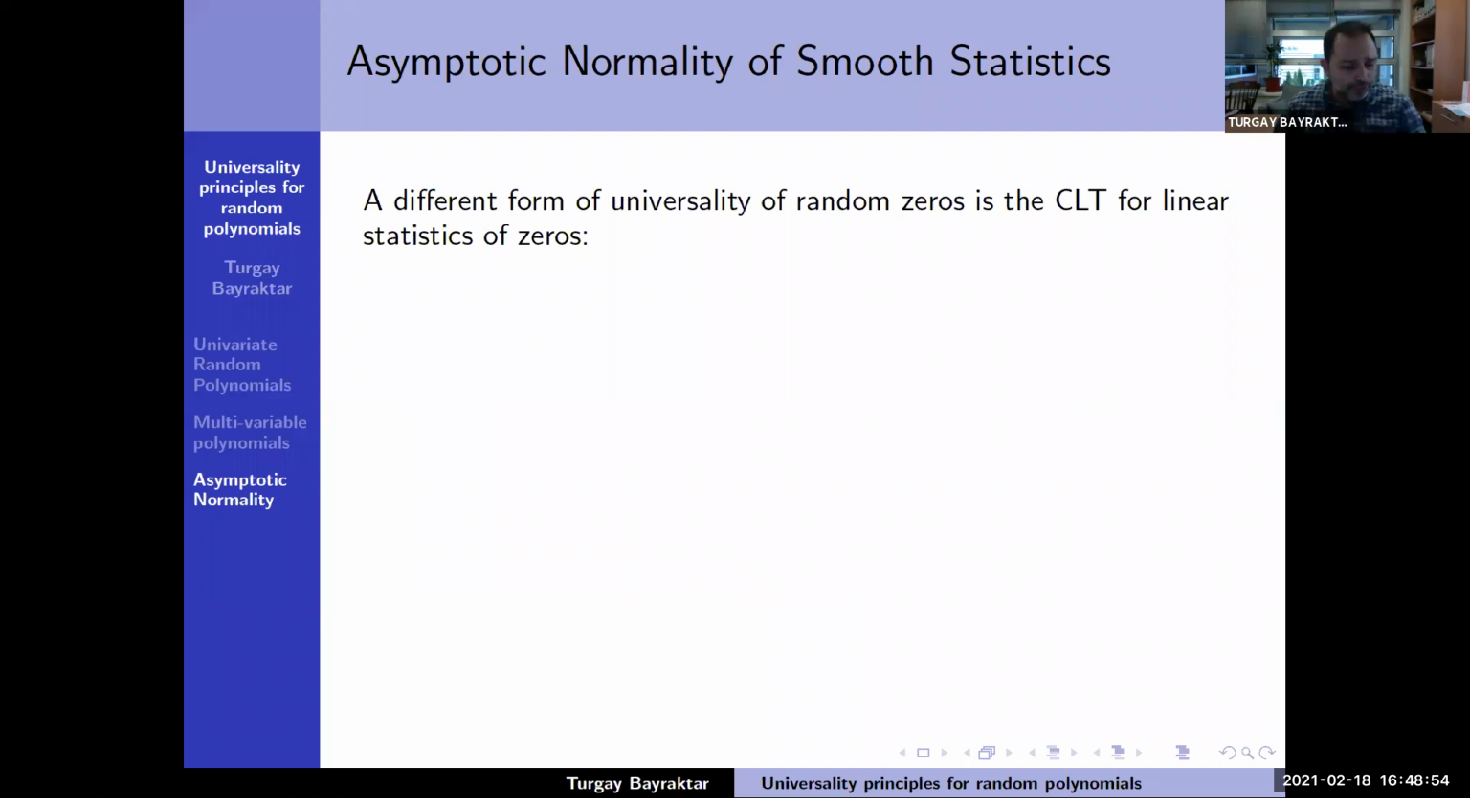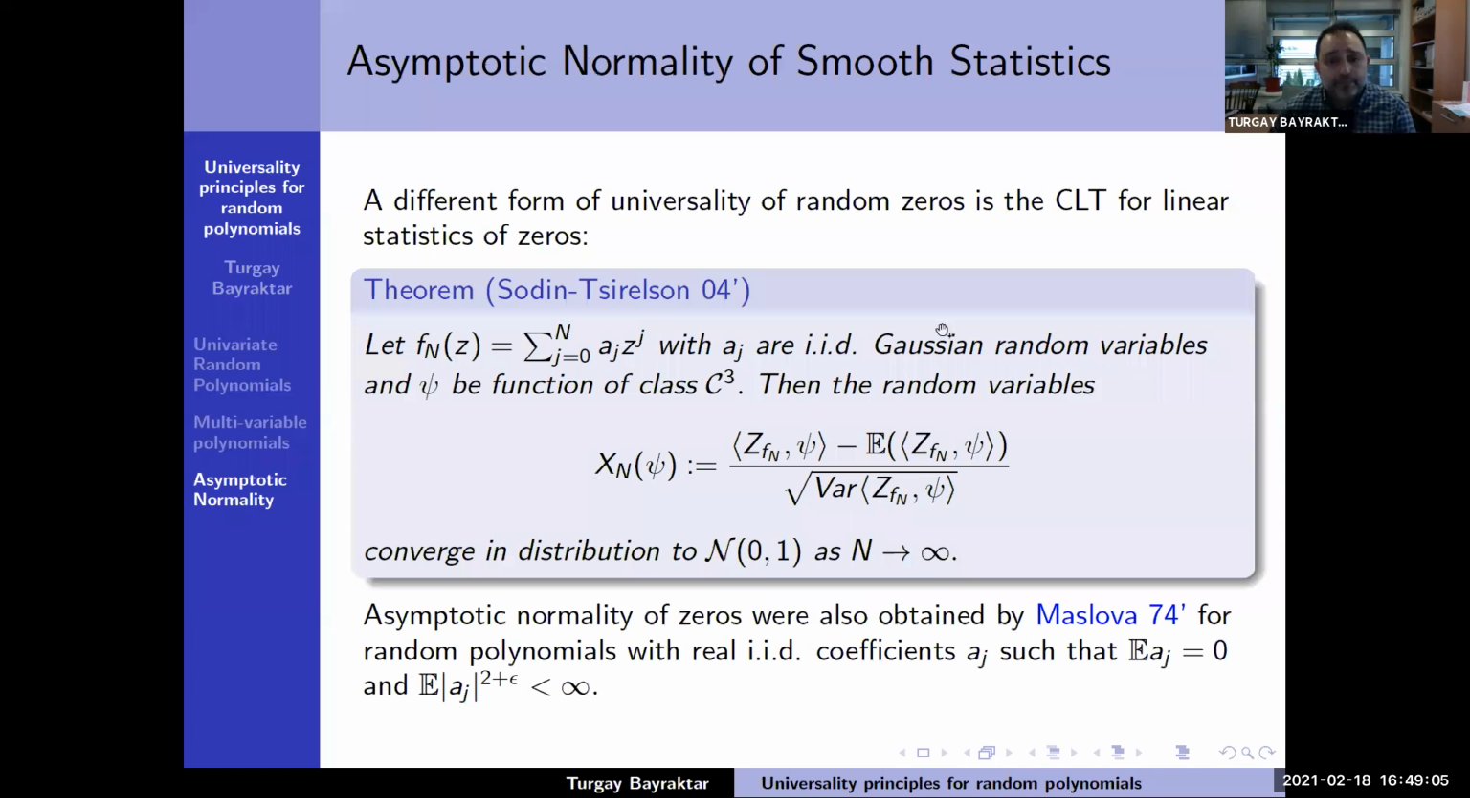Now we can move on to geometric universality. So what is the context? Maybe we should explain this a little bit. In this case, the a_j's are all standard complex Gaussian with mean 0, variance 1. And the random polynomials are in this form, so this is the Kac ensemble. You look at the